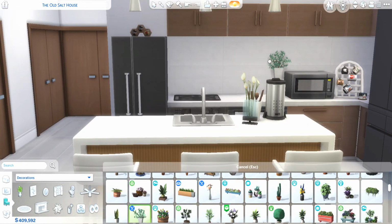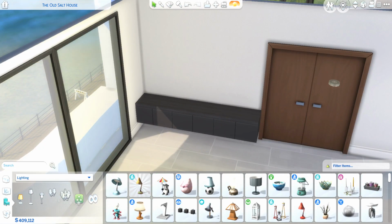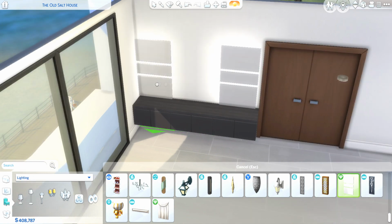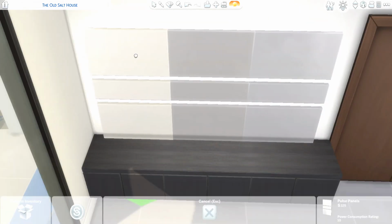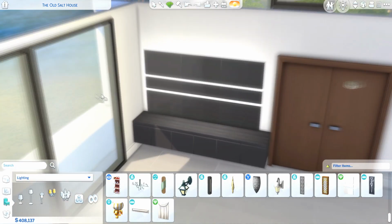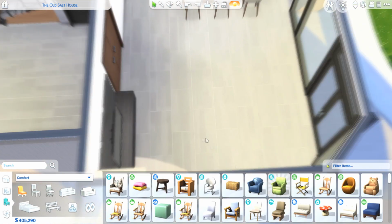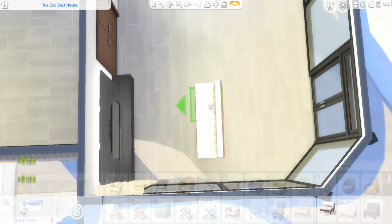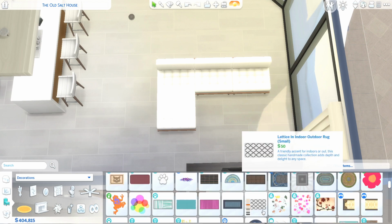Anyway, I'm really happy with this kitchen area. Once again, I just copied and pasted the kitchen that we did downstairs, but it is a little bit of a different layout because it's a lot bigger and a lot more spacious. So we got a little bit more space to work with. And here we're working on this TV area and putting in some sitting areas over here,